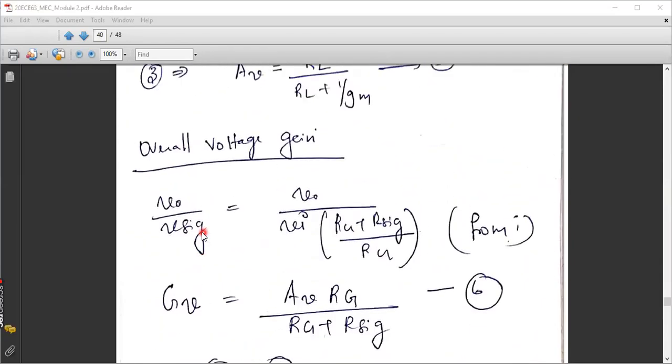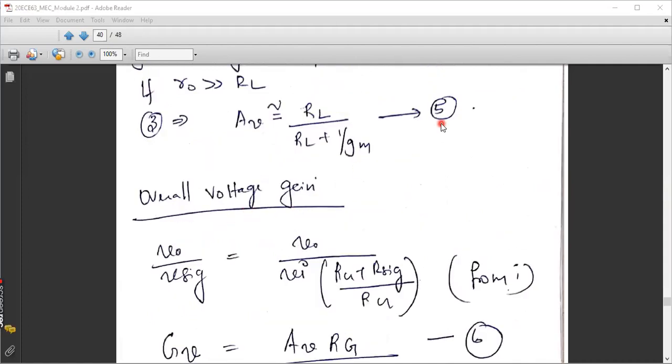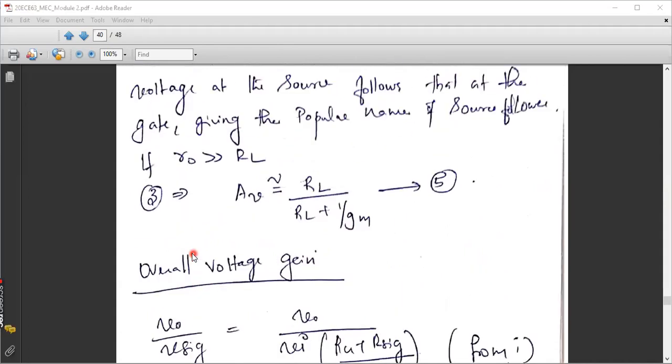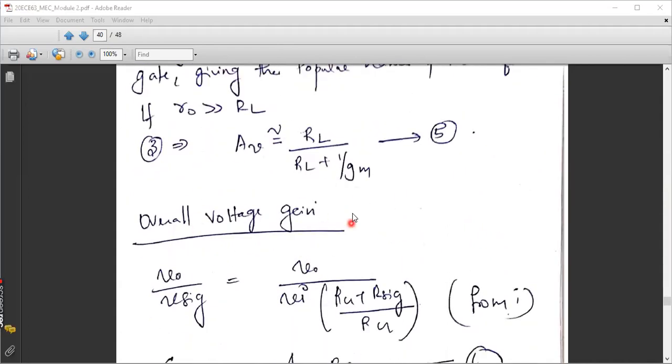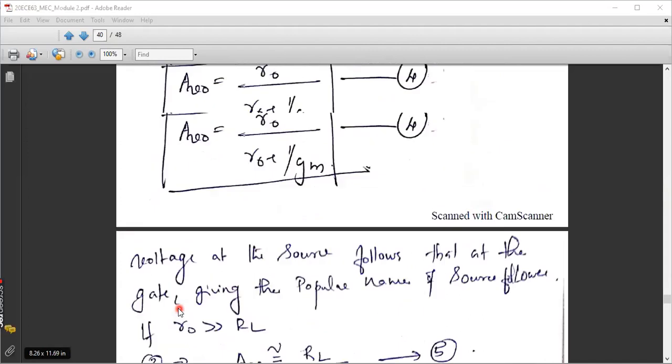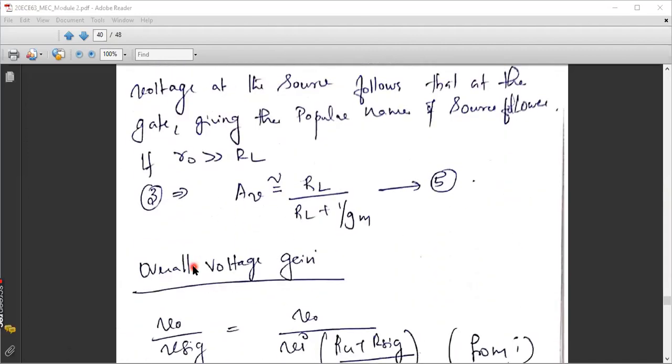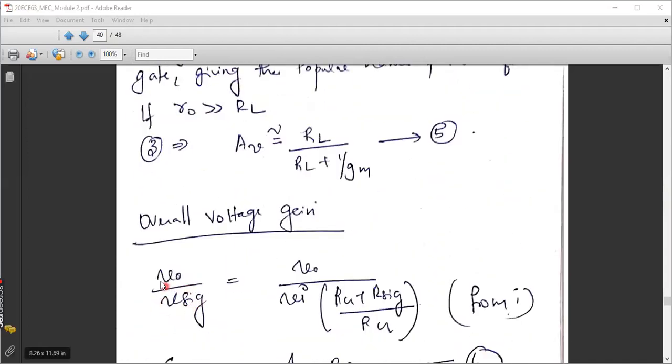Now coming to the next parameter. So from this, we have to derive today. I think we have explained till equation number 5 yesterday. Now we will proceed with overall voltage gain. What will be the difference between the normal voltage gain AV and overall voltage gain, which is denoted as GV? We know that overall voltage gain is a ratio between V0 to Vsig. So instead of V0 by Vi, now we are focusing on V0 by Vsig. That is the overall output by the entire input or the actual input, whatever we are giving to our amplifier, that is your Vsig.